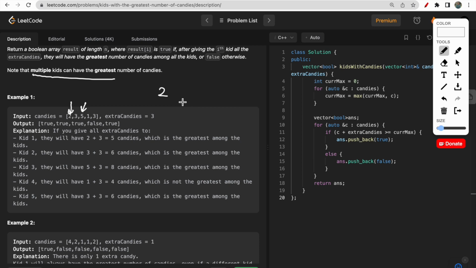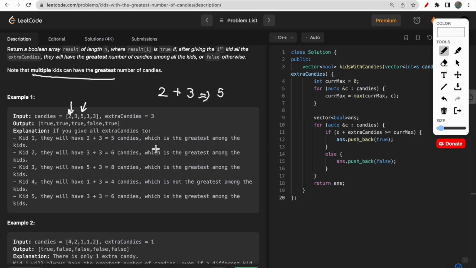This kid initially has 2 candies, and if you give 3 more extra candies, the total number of candies this kid will have is 5. So now 5 is among the greatest number of candies, right? Though another kid also has 5 candies, it is one of the greatest numbers of candies. And yes, multiple kids can have the greatest number of candies,